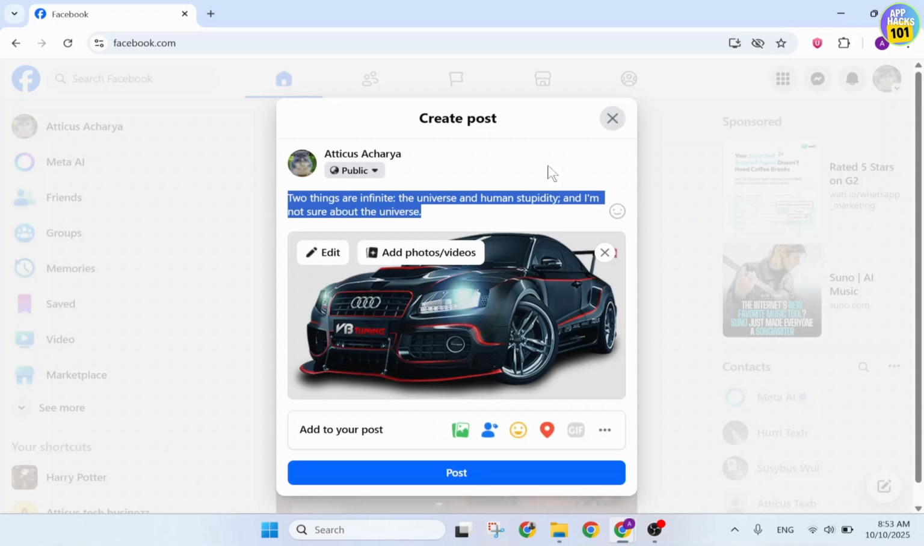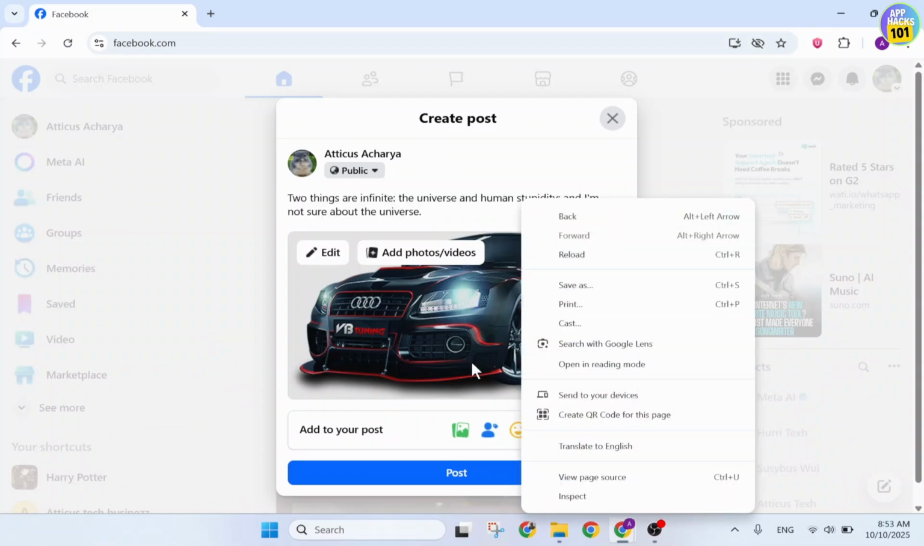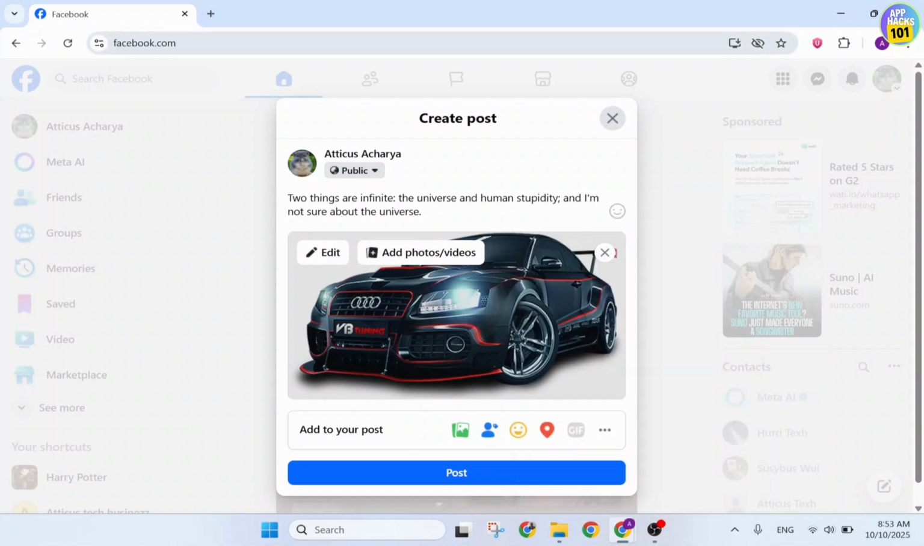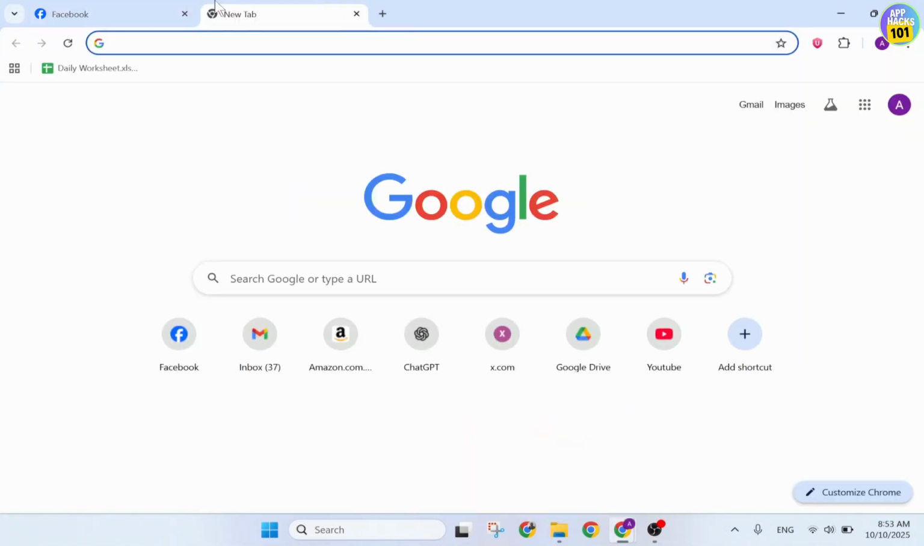Now let's dive right in. First things first, you will need to create a post. And whenever you create a post, you will see there is no inbuilt AI function for your Facebook. So in that case, what you'll need to do is copy your photo. You can either copy your picture and head over to a website, go to ChatGPT,